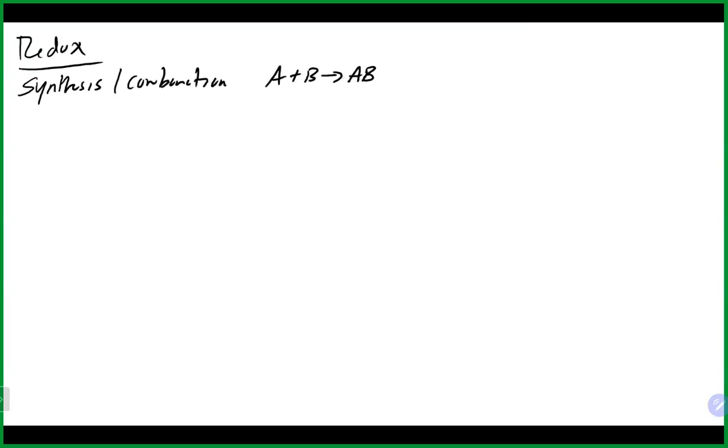Under redox, we have things like our synthesis reaction, our combination, and that is when basically two things make one thing. We also have the opposite of that, which is a decomposition reaction, where basically one thing becomes two things, right? We have a single replacement reaction,